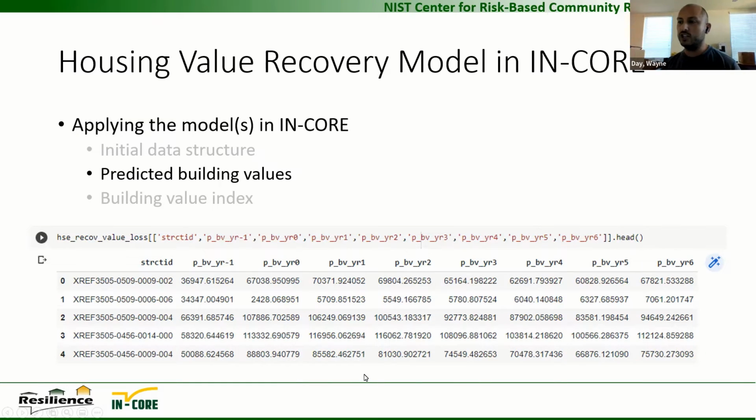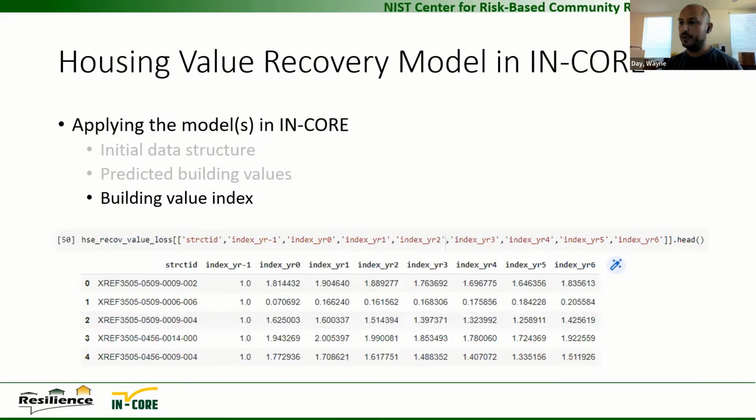Don't read too much into these values, because you do see that the building value goes up in the year of the disaster. That's more of a function of the data that's coming from NCORE, and there's some issues there that I think as a group we need to discuss, of what the Galveston testbed notebook is actually showing. So don't read too much into the values that are in the table.